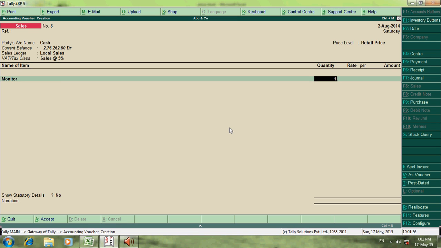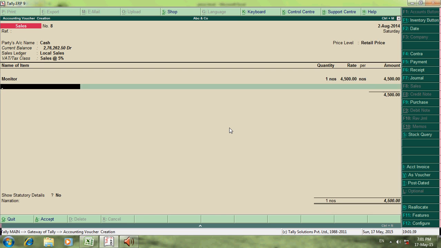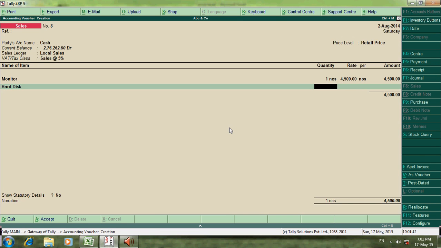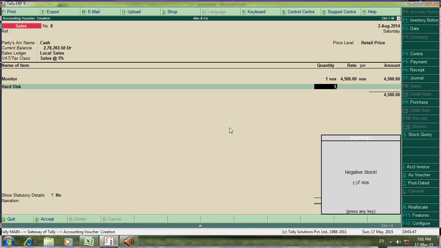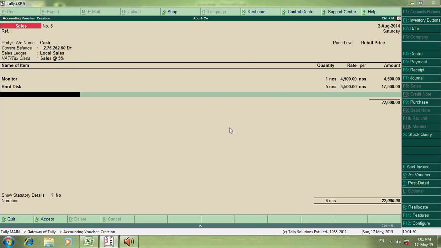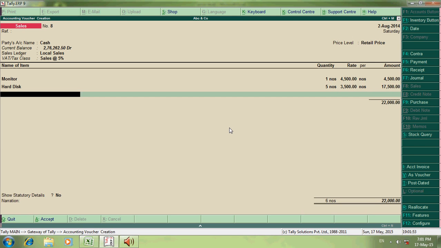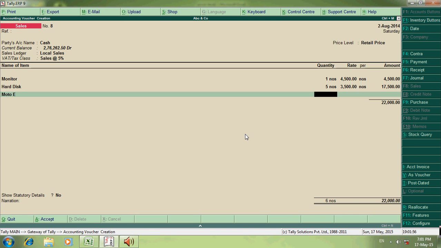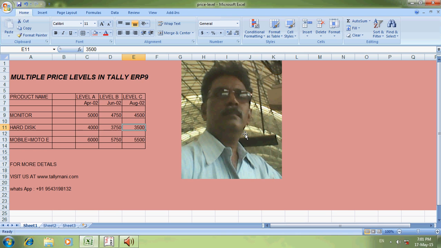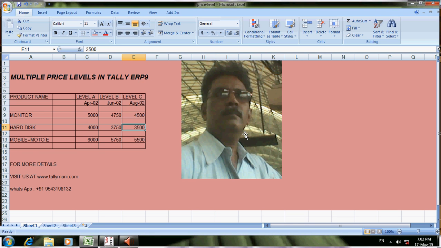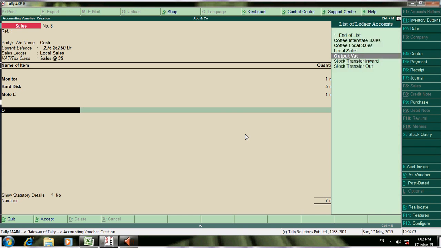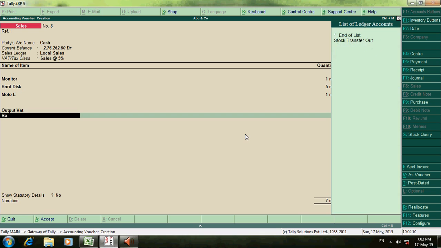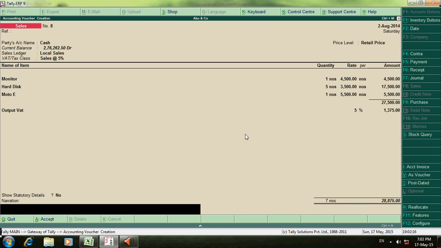Say one number. Okay, hard disk, 5 numbers. Hard disk is 3,500, right? Then Moto E, when I enter one number or two numbers, whatever it is, the price will pick up 5,500. So it's working.